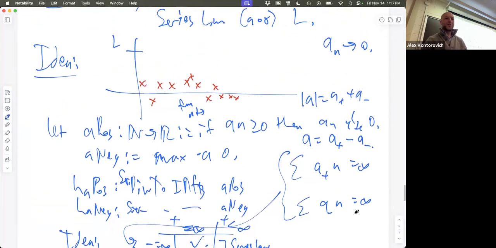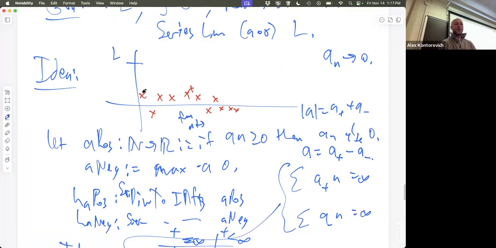So what you do if you're trying to hit L is, first you give me a bunch of plus values. Give me a plus, a plus, a plus. The first time I go over L, switch and start giving me minuses. I'm going to do a bunch of minuses. Oops, I crossed L. Now I go back up. Plus, plus, plus, I crossed L again. Minus, minus, I cross L.